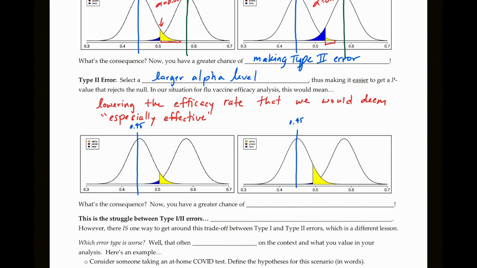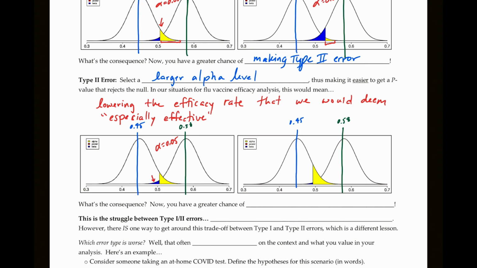And on our other side here, since it's a type 2 error, it's important to think about the hypothetical: where is it actually centered at? The actual sampling distribution, the true center, is at 58%. If we set the bar at an alpha level of 5%, just like above, we have a very, very small blue area there, the chances of making a type 2 error,